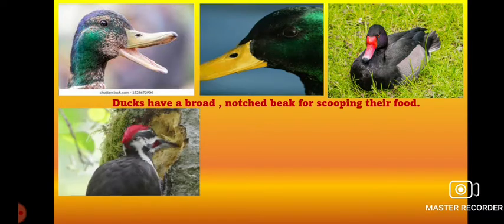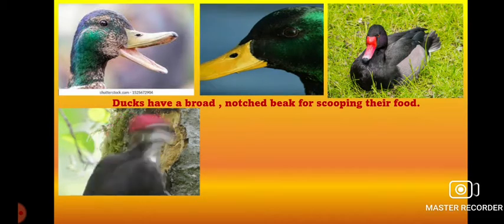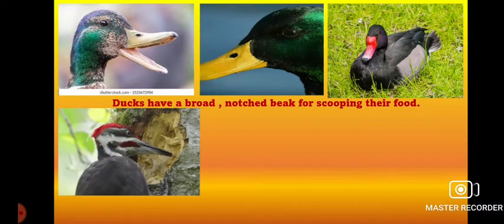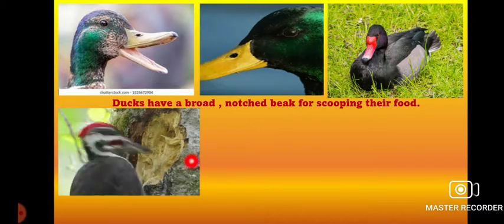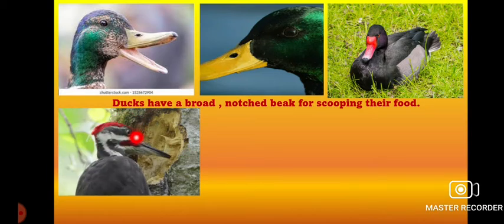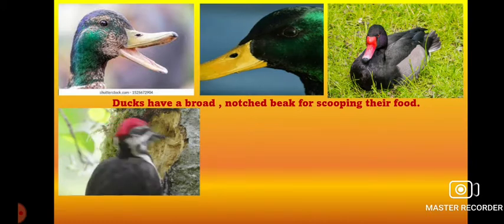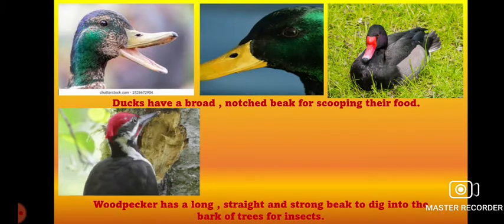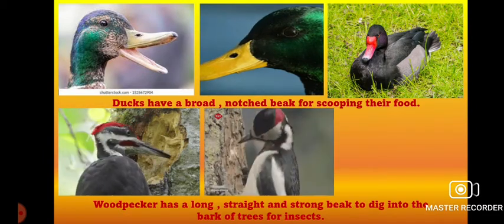Let us discuss some other type of beak. This is also a very characteristic beak, that of the woodpecker. The main intention of the woodpecker is to hunt the insects which are present in the stem of the tree. For that they need to scoop out these branches, the stem of the trees. So obviously their beak has to be strong, rather very strong and long, so that they can scoop out the branches. Also their beak is straight, so that it helps to dig the bark of the trees.